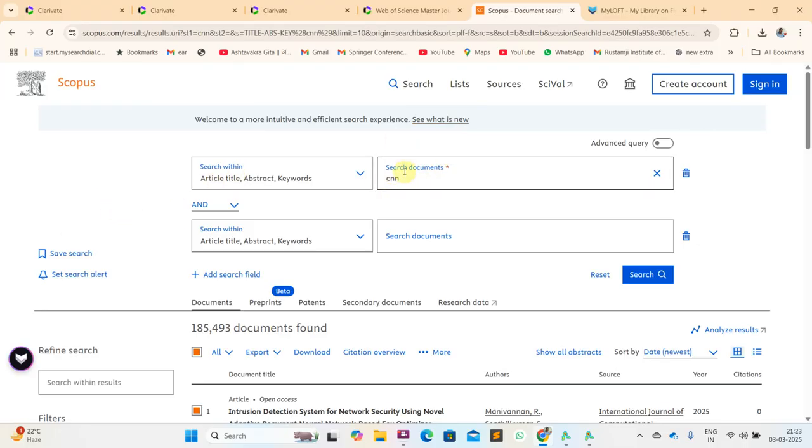How can you do this? Go to the search field and write your keyword related to the data set you want, like I wrote CNN here. There are many other options, like you may add a new field where you can use AND or OR. If you want a compulsory keyword, something that should appear with CNN, then you may add it with AND, or you may choose OR, meaning either keyword, in the abstract, title and keywords. In this way you will get the search result.